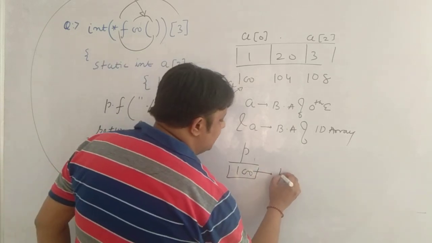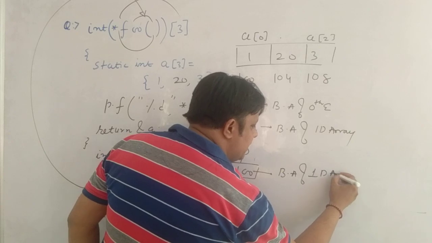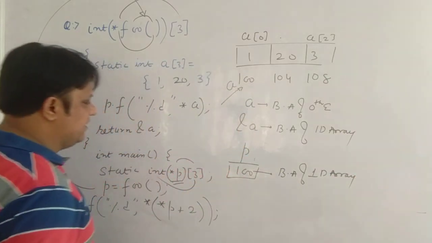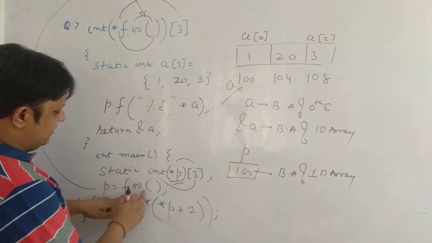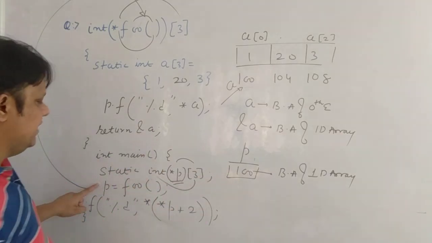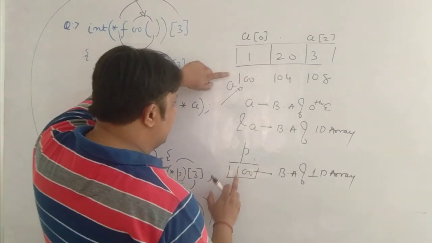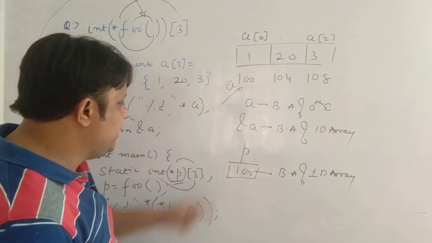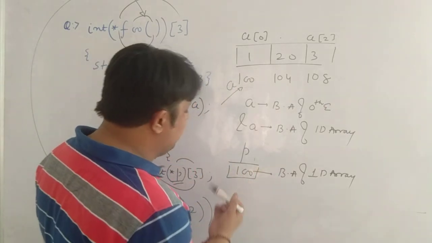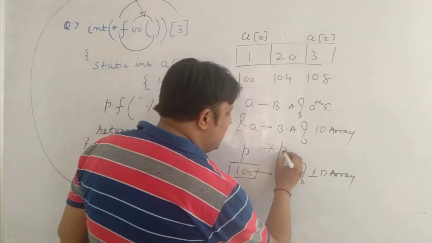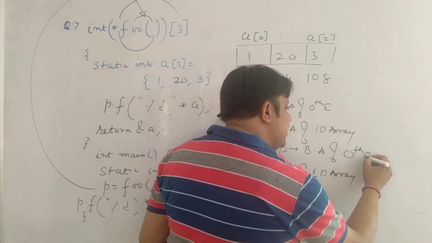But this 100 is the base address of the 1D array. This P which contains an address is the address of your 1D array. So now when you are returning, this address is stored in this P. Therefore P is 100. Now what are you writing? You are writing star P. So what is star of 100? Star of 100 is not 1, because this P is holding the address of your 1D array. So when you write star of P, it is pointing to the base address of your 0th element of the array.